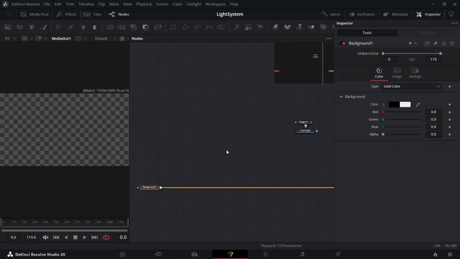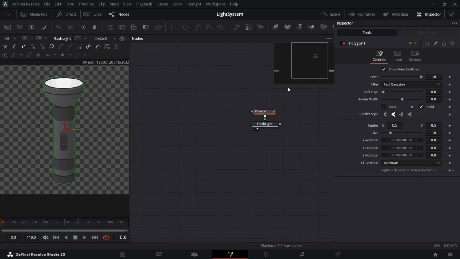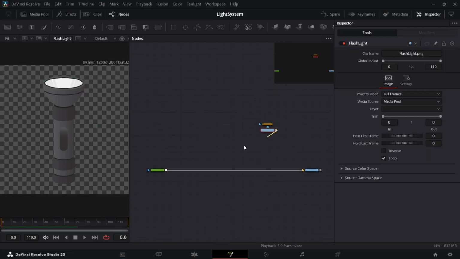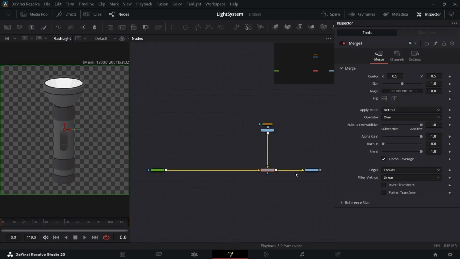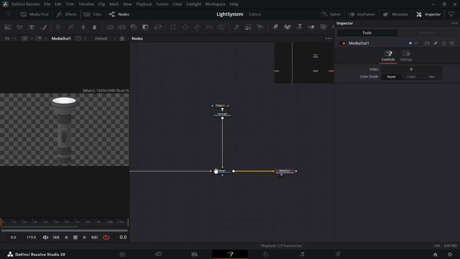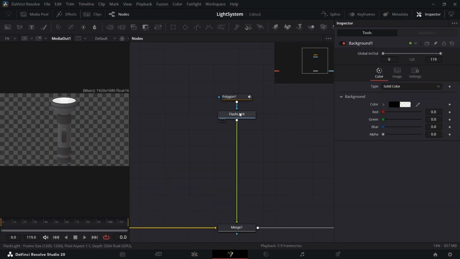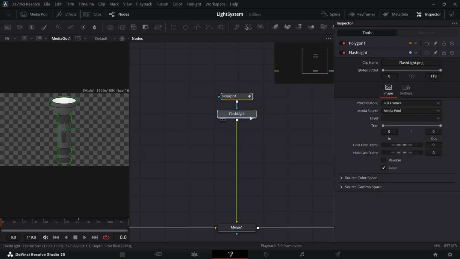First thing we're going to do is open up Fusion. I've already masked out the flashlight, the polygon here. I'm just going to plug that in so that we can see it on our main comp. Over here we have a background with the alpha turned all the way down. That'll just give us this checkerboard pattern here. Okay, that's nice. So first thing we want to do is prepare the flashlight image for the